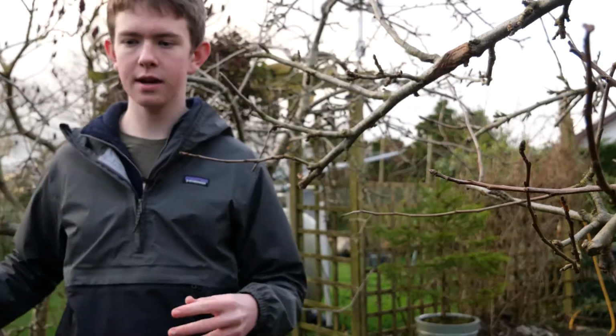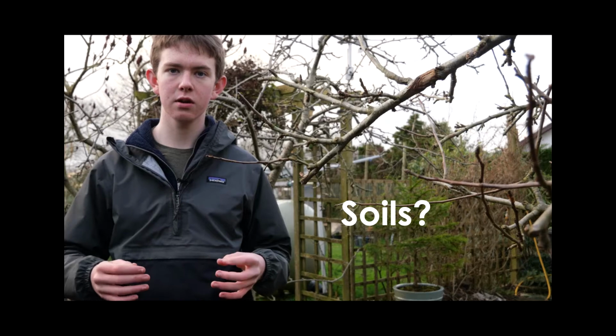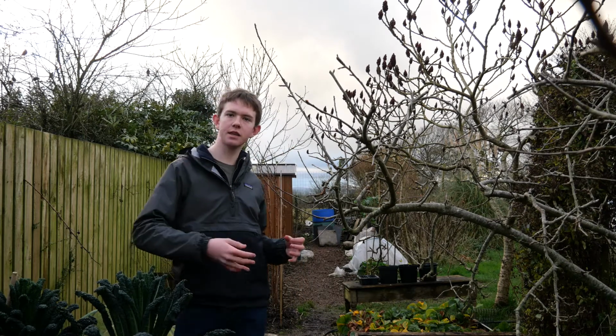And all the soil I've had no dig hasn't really gotten flooded or waterlogged, which is also good for plants because their roots won't get waterlogged, which will prevent so many diseases that are waterborne and soil-borne. And I know I may not be the best at explaining soil degradation and regenerative gardening and things like this,